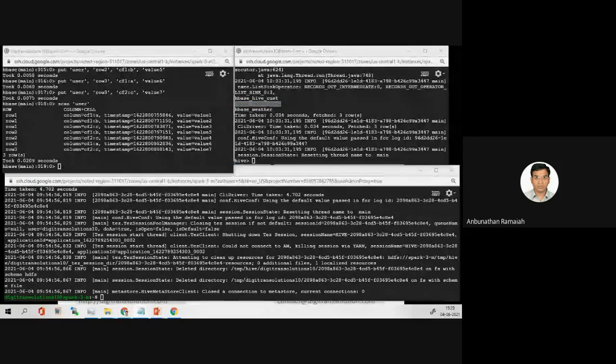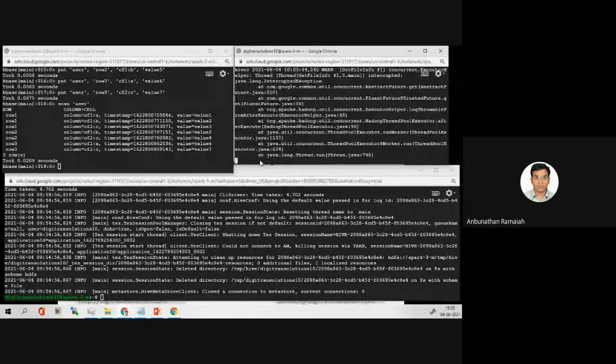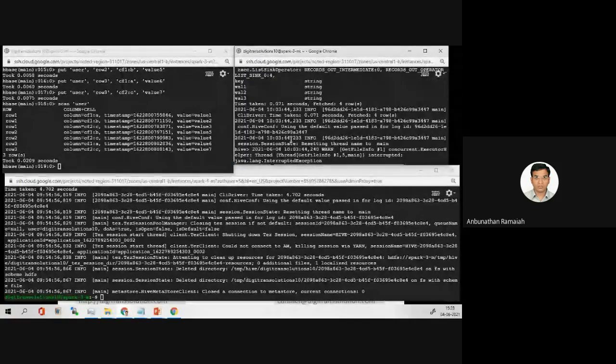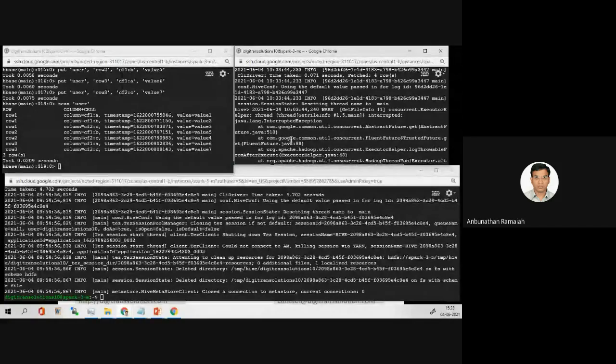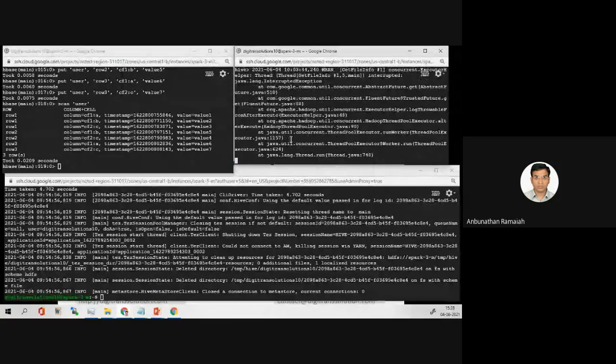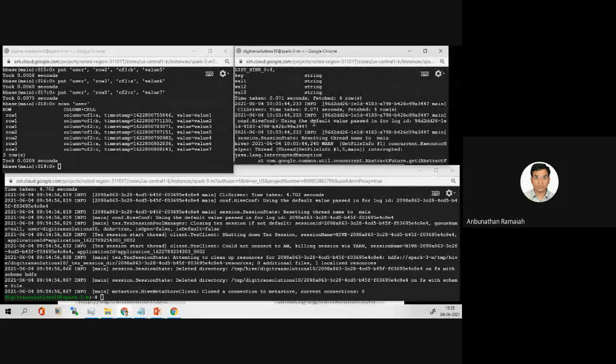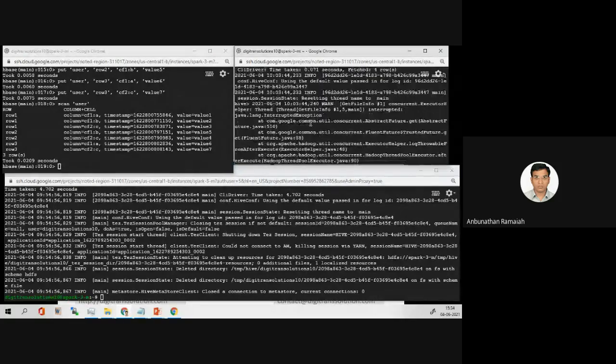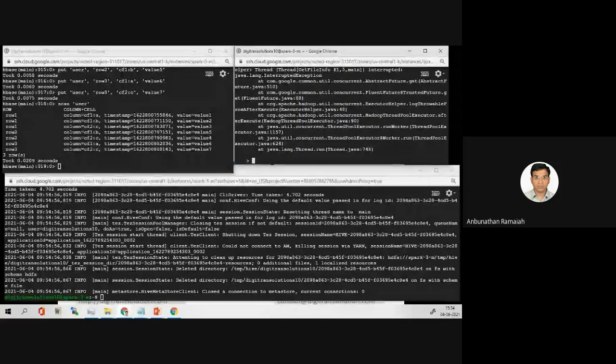Let us describe this table. What all columns are there? We'll check it. Some concurrent execution happened.